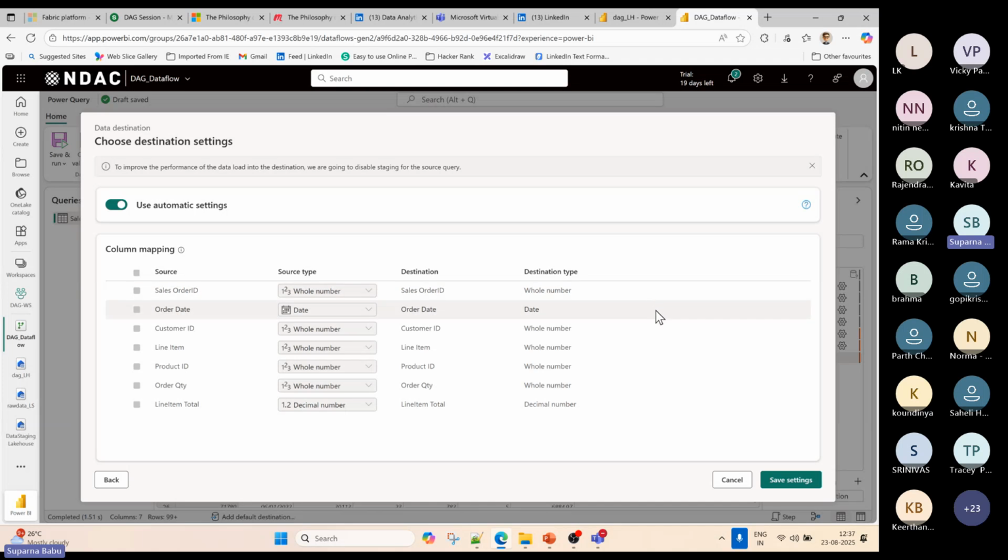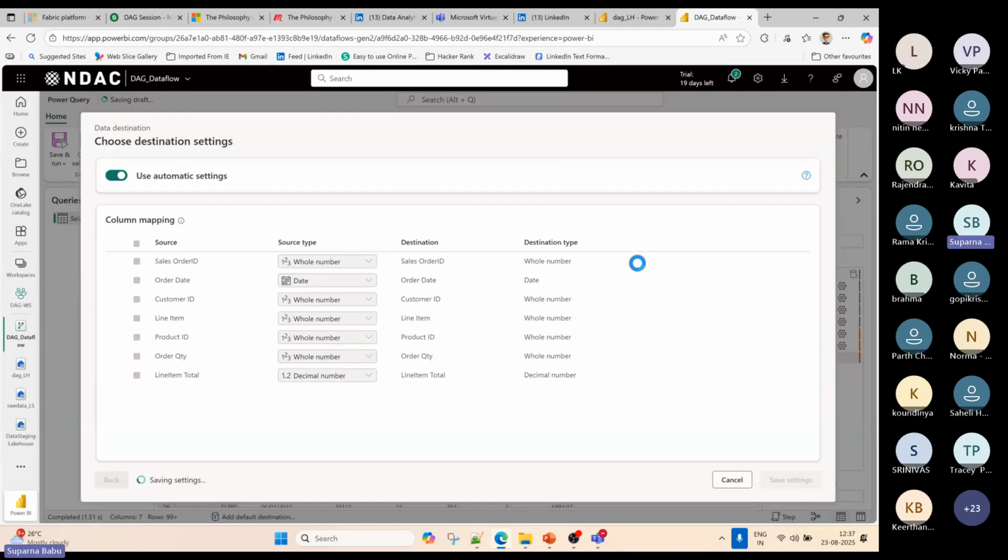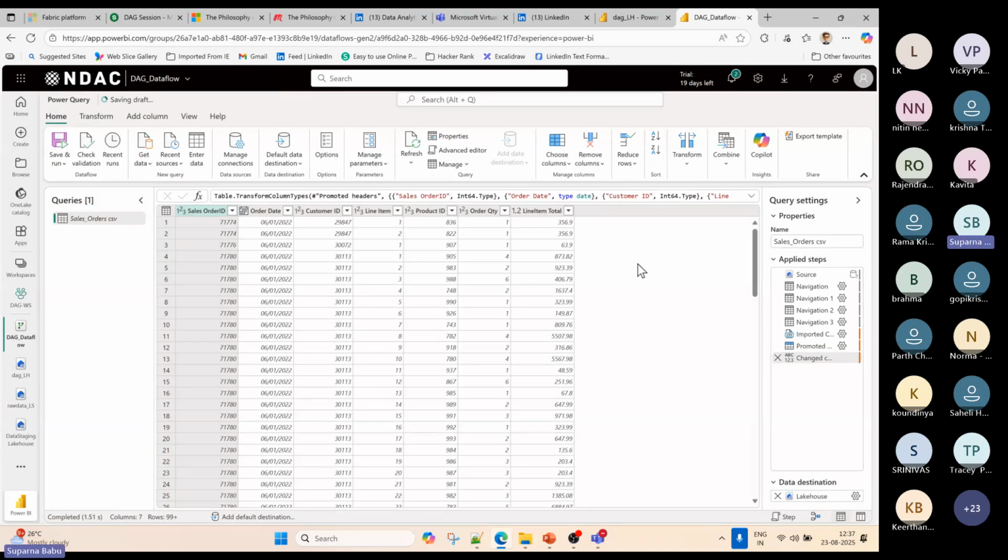Now everything is set. Let's click save settings. Actually, initially, before 2 months, we had a publish option here. Those who have been using Fabric from the start will be aware of that.